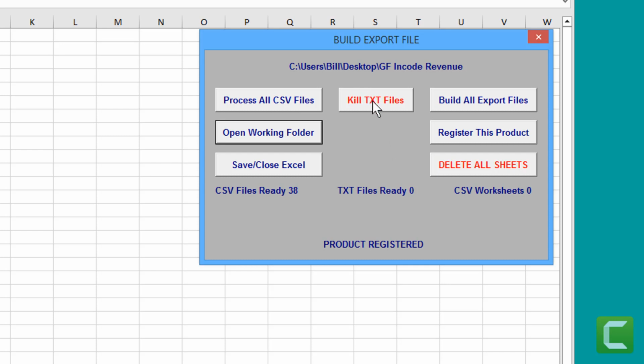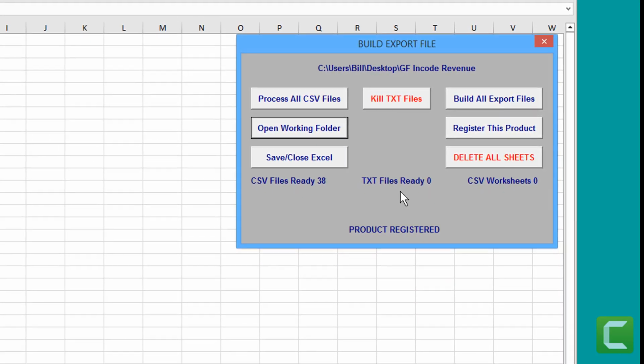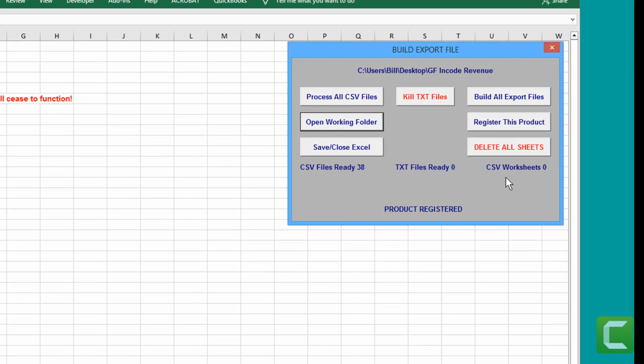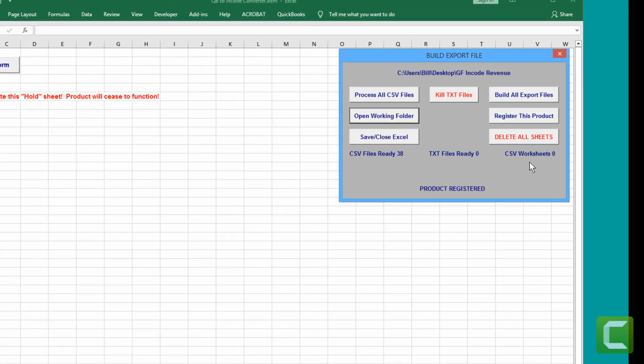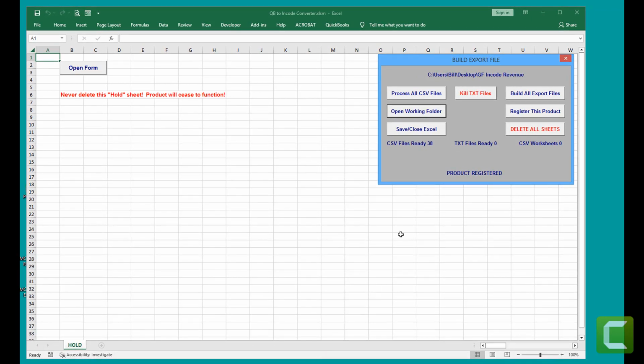You would want to kill all of the TXT files that are in there and then rebuild them with this button here. This tells you again how many CSV files are ready to be converted, how many TXT files are in the folder, there's none, and how many CSV worksheets we have in this workbook. And you can look down here, there are none.